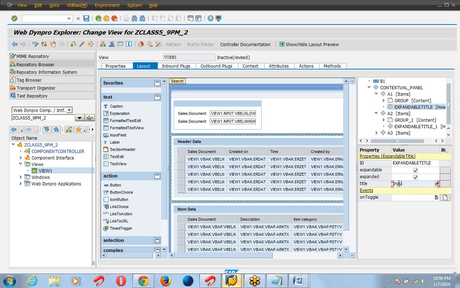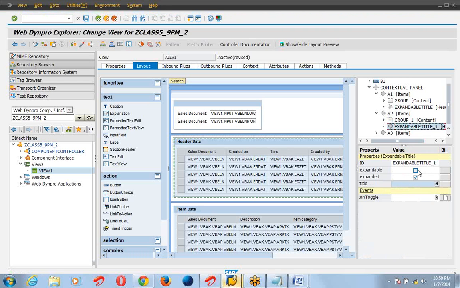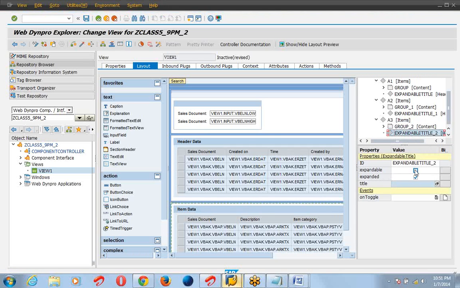Here you can put an input field, input data for the second. Click on that. Header data. Now right click on the third. Checkbox. Item data.